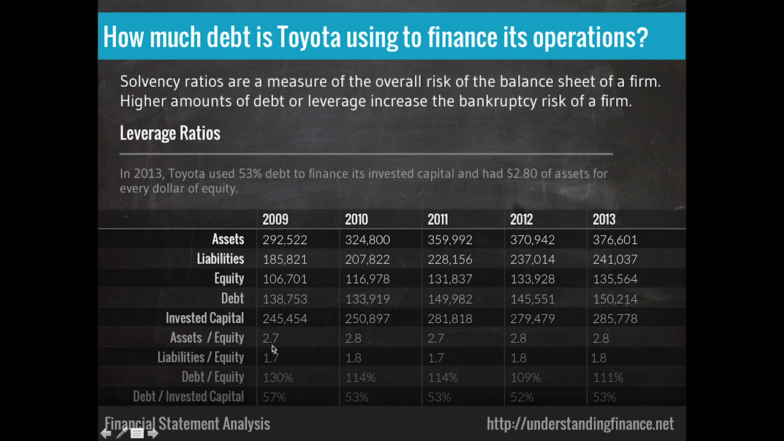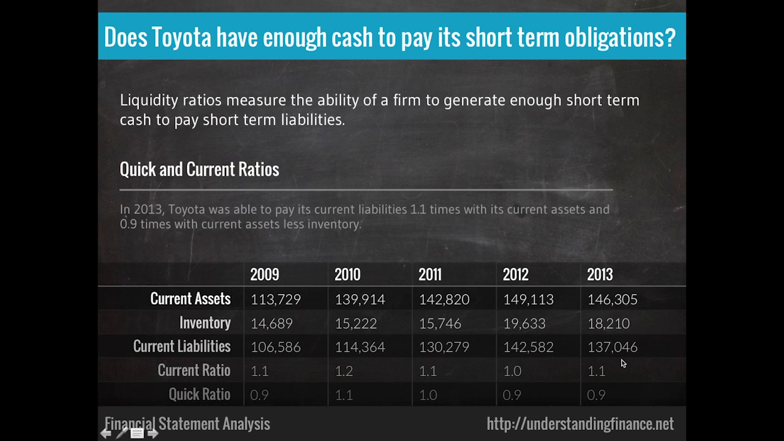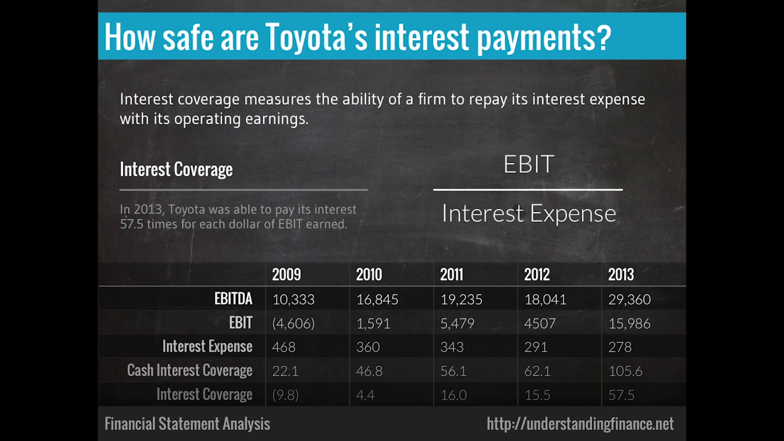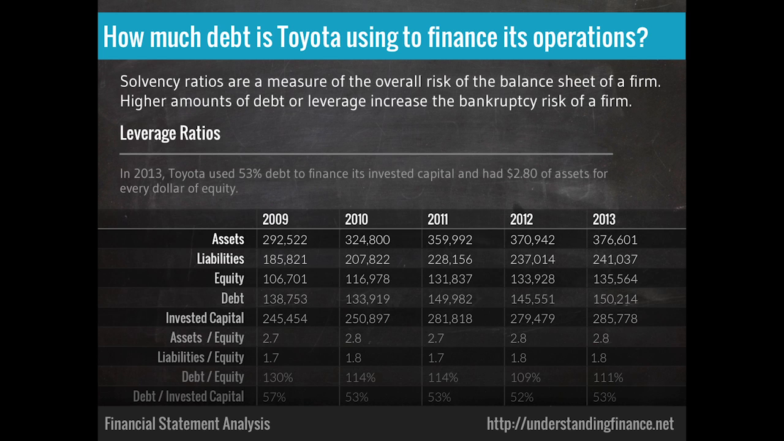So in 2009, if I take Toyota's assets and I divide by Toyota's equity, I get a ratio of 2.7, which basically means for every dollar of equity, they had $2.70 of assets, or therefore $1.70 of liabilities. In 2013, for every dollar of equity, they had $2.80 of assets. So they've taken on a little bit more liability risk, and we can see this in the liability to equity ratio. Toyota had 170% liabilities for every 100% of equity, and by 2013, a little bit riskier. Now, given that their interest coverage is pretty strong, and given that their current ratio is pretty good, I don't